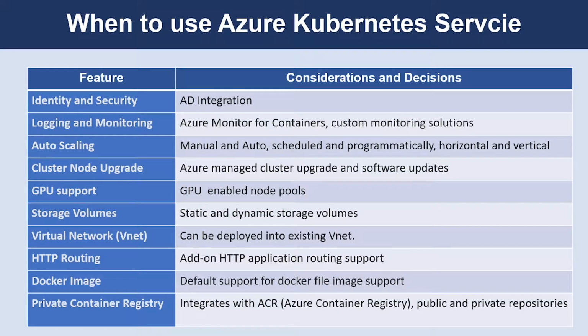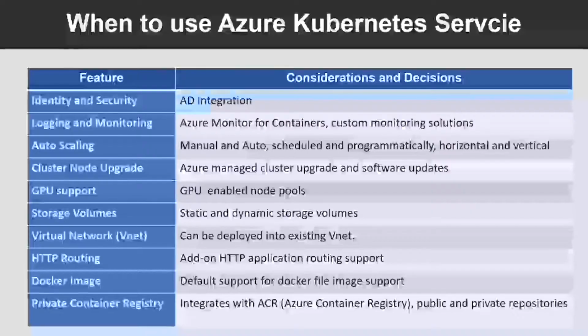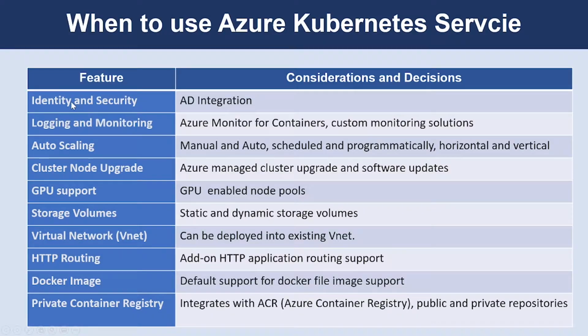We saw earlier that there are several features that enhance the AKS Kubernetes offering. Each of these features can be a compelling factor in your decision to use AKS. One of the features is identity and security. Some of the considerations you have to make are: do you already have existing Azure resources, and do you make use of Azure AD? You can configure an AKS cluster to integrate with Azure AD and reuse existing identities and group membership.